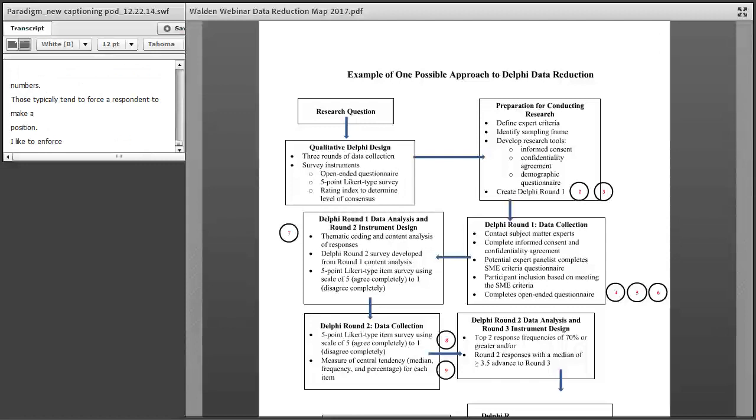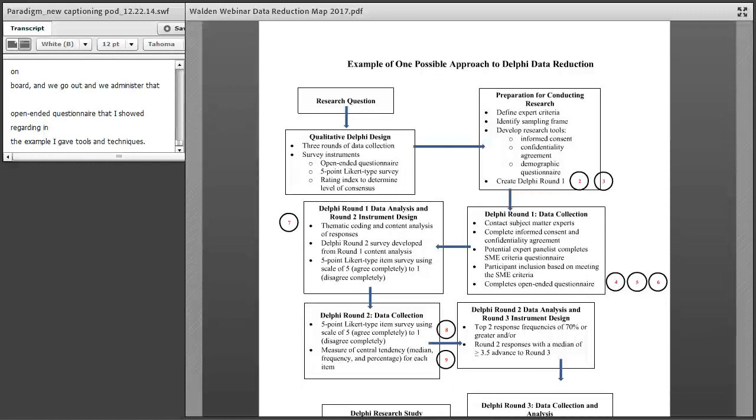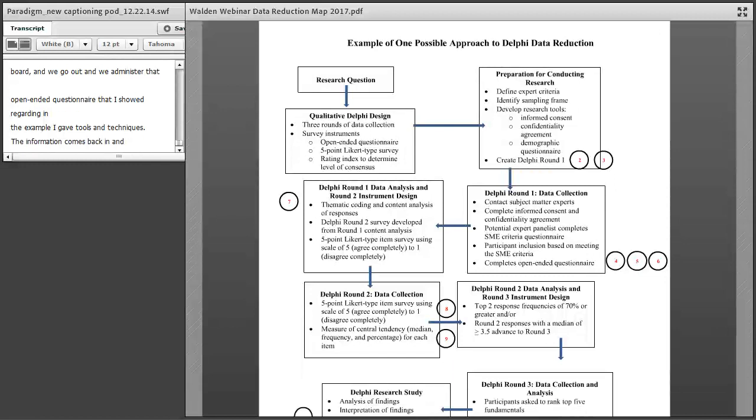We came up with the expert criteria. We identify a sample frame, and we do all the necessary protections to enlist participants for a study, and we create the round 1 Delphi. We go through the round 1 data collection. We contact the subject matter experts, get them on board, and we administer that open-ended questionnaire that I showed you regarding, in the example I gave, tools and techniques. The information comes back in, and we do thematic coding and content analysis of the responses,